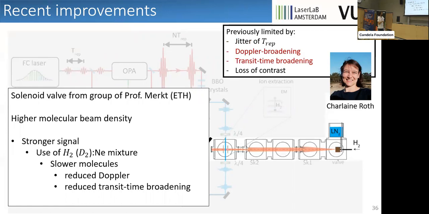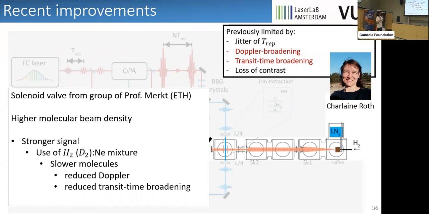Then this is the vacuum setup that we have now, but we didn't have this before. Thanks to the new solenoid valve from Zurich, we have a higher molecular beam density. We also have, I should mention, a longer vacuum chamber that allows for better collimation. So we have a higher molecular beam density, which means that we have stronger signal. And that also means that we can afford to lose some of that signal in order to slow down our